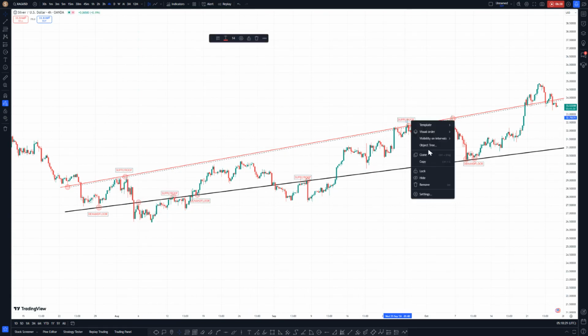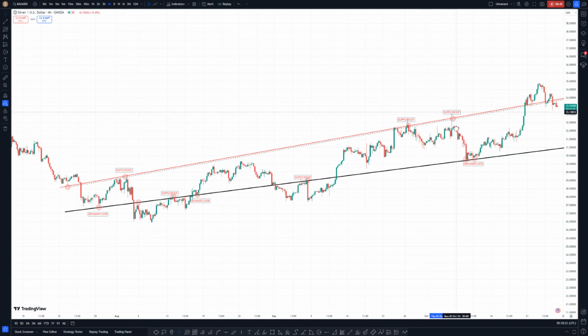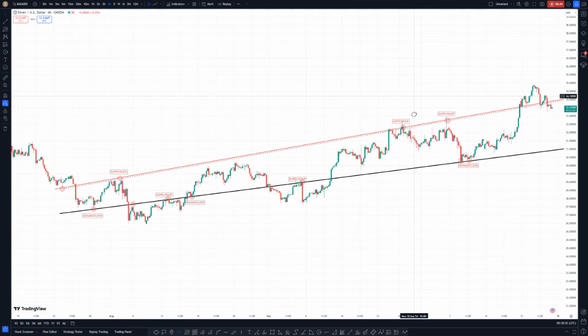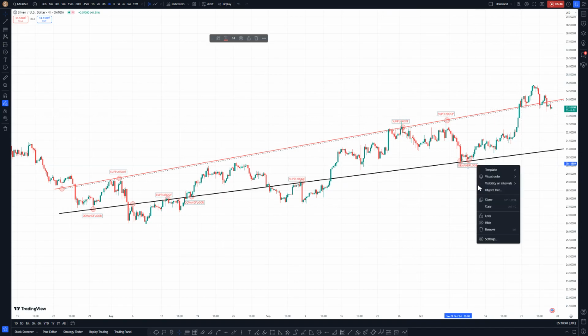These are all supply roof. A break of a supply roof, price returns on demand floor,